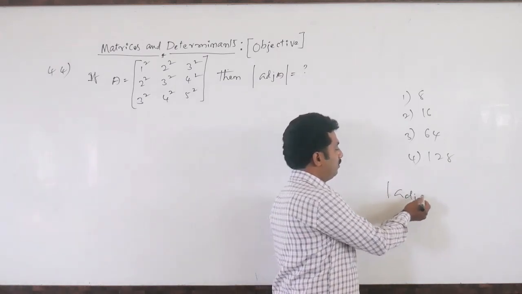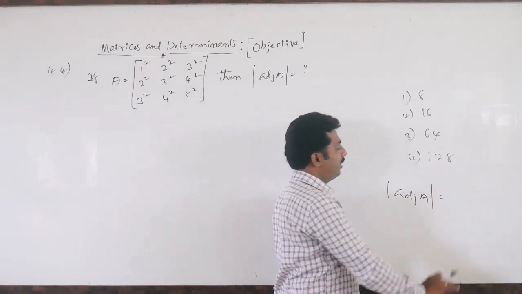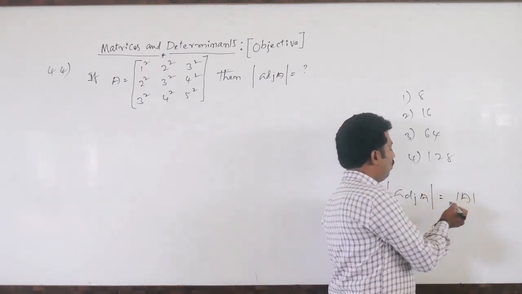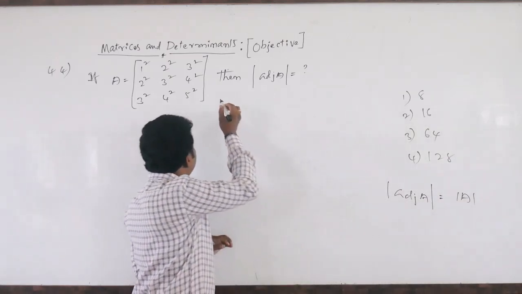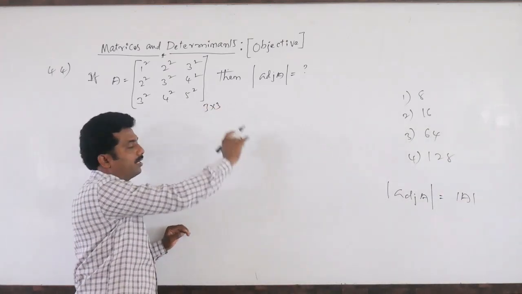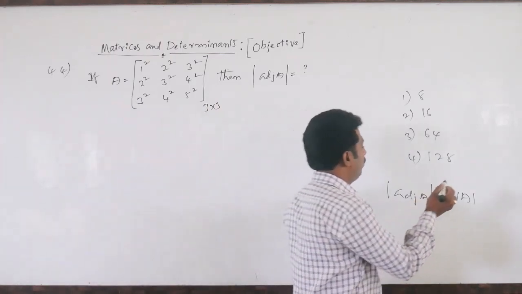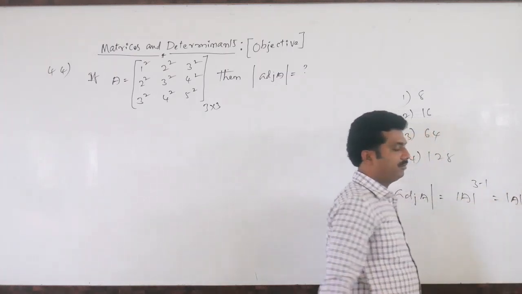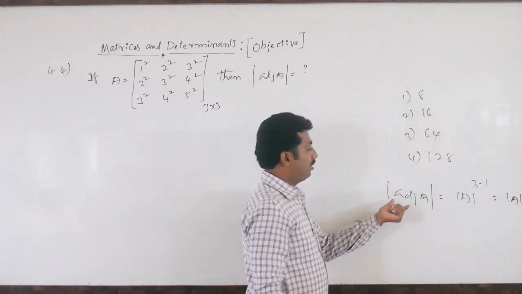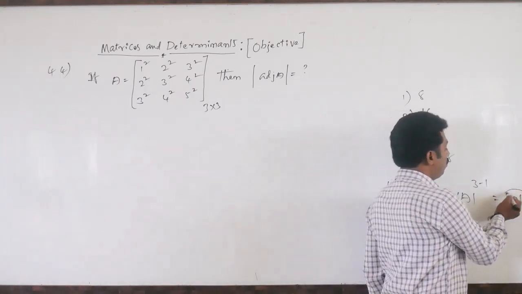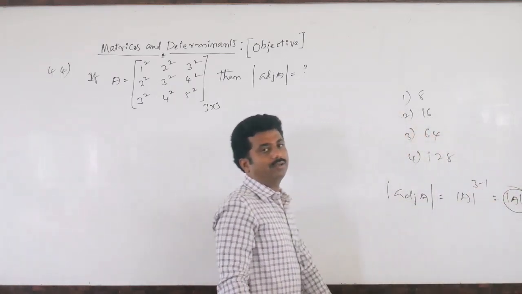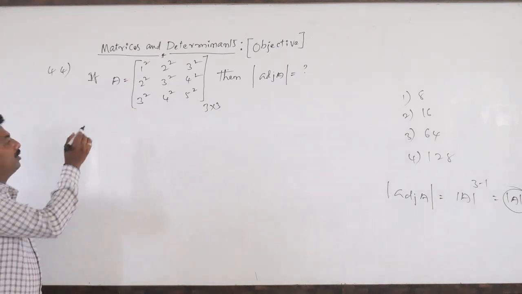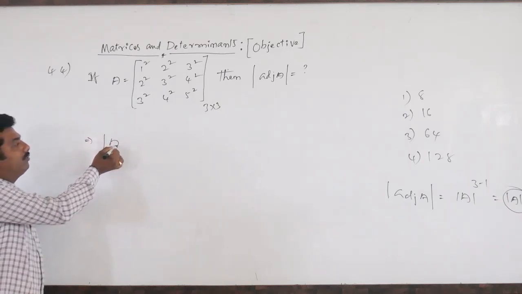First of all, we'll discuss what the determinant of adjoint of A is. It is (det A) to the power n minus 1, where n is the order of the matrix, 3 by 3. So it will be 3 minus 1, that is, (det A) squared. To calculate the determinant of adjoint of A, we should know the determinant of A. Now observe, this is the matrix A. What is the determinant of A?